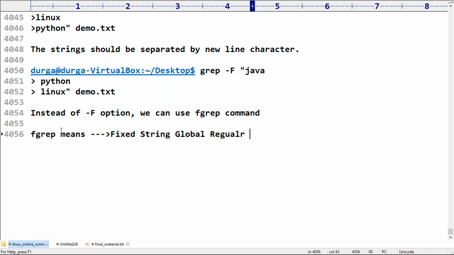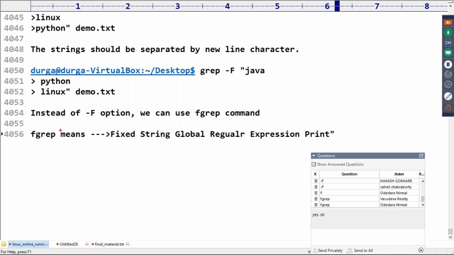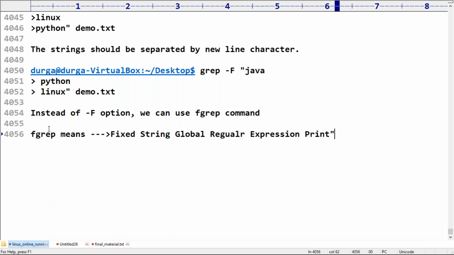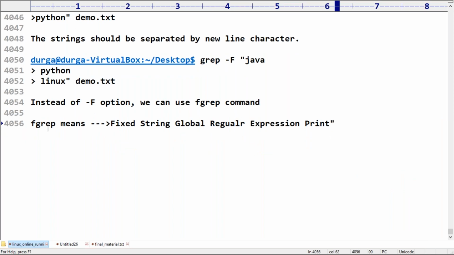Are you seeing fgrep here? F here, grep, global regular expression print. Observe, fixed string global regular expression print. So the fixed string grep command you can use.